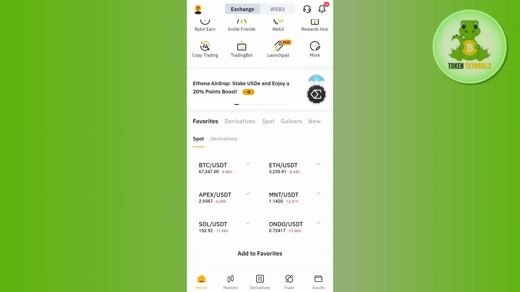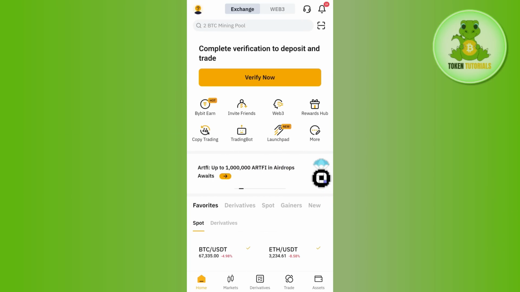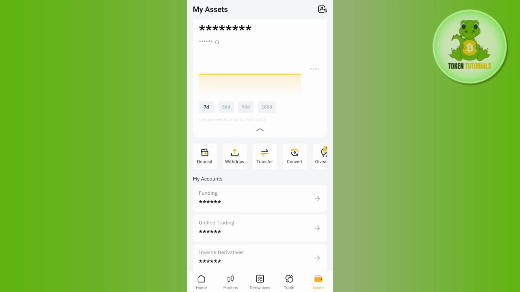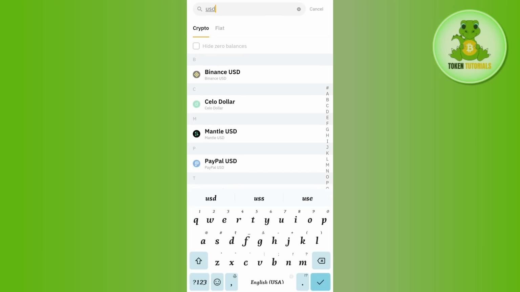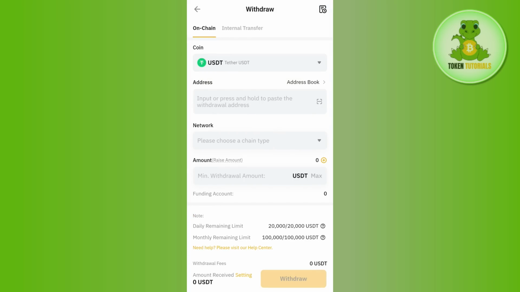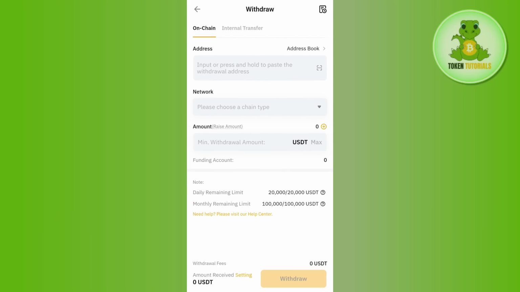For that, you will have to first launch your Bybit mobile application and then tap on the Assets tab in the bottom right hand corner of the screen. Then among the given options, you will have to select the withdraw option. After that, in the search bar, you will have to search for USDT and you simply need to select the USDT option. Then you will be landed on this on-chain withdrawal option page where you just have to fill out these